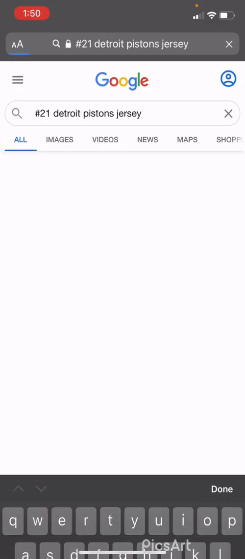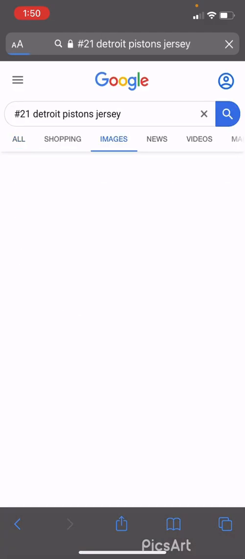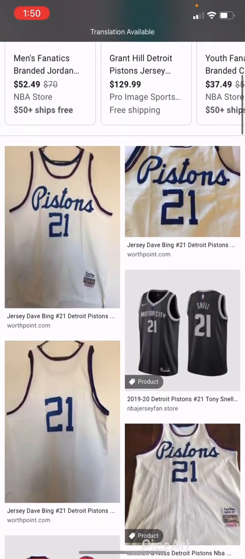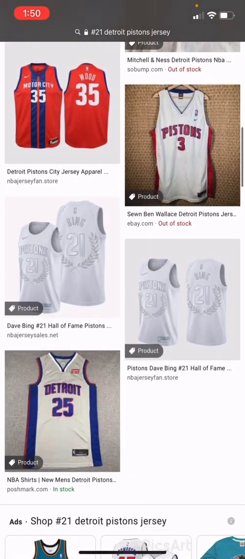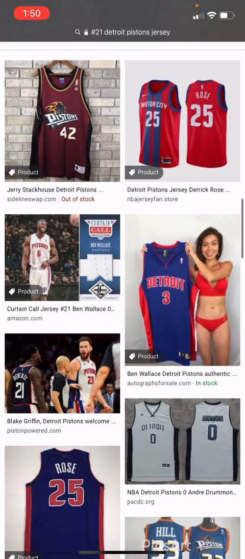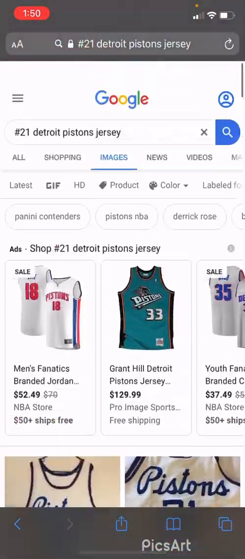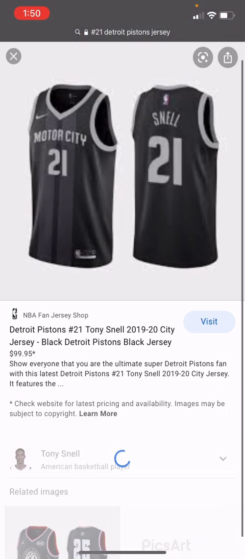Jersey. Yeah, you search up the jersey. Then you want to go to images and see is there anyone who's worn that number. And if you get lucky and there has, then as you can see, there's the Tony Snell